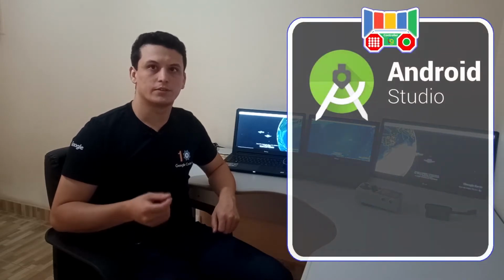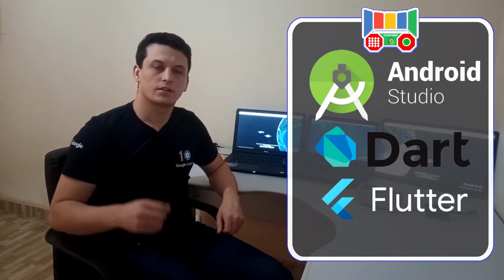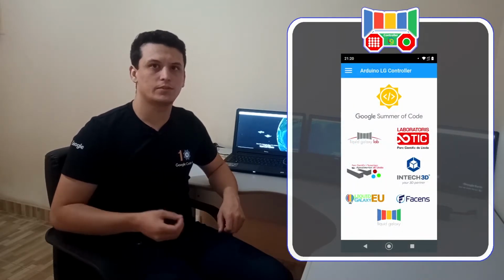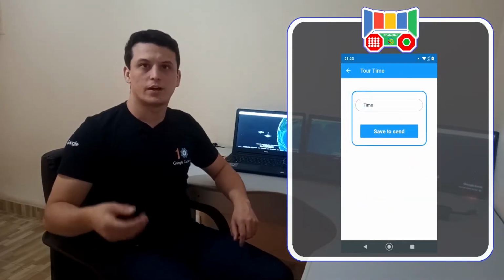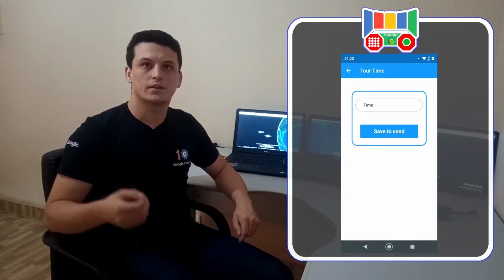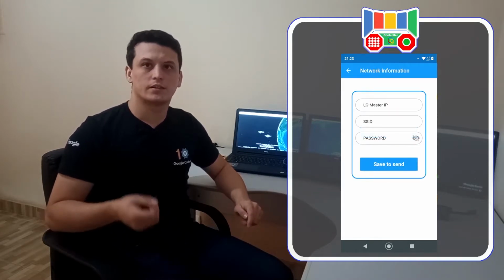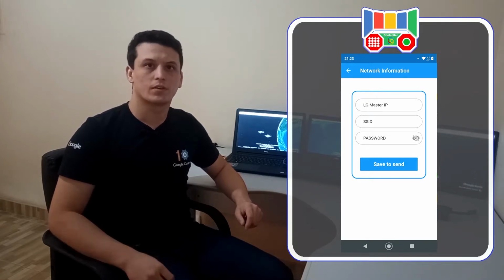Software. This project has a second stage of development, where an Android application for a smartphone was developed using the Android Studio program interface with SDK Dart and Flutter framework. The developed application has a simple interface and allows the user to change the ride time during the tour, allows the user to insert or change Wi-Fi connection data dynamically when using the controller or the controller glove,